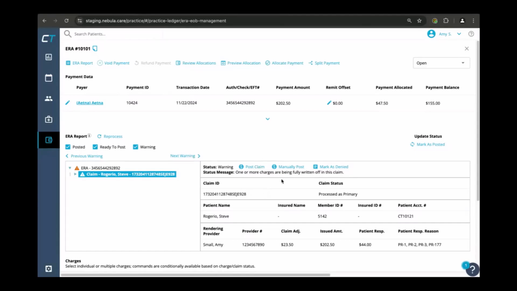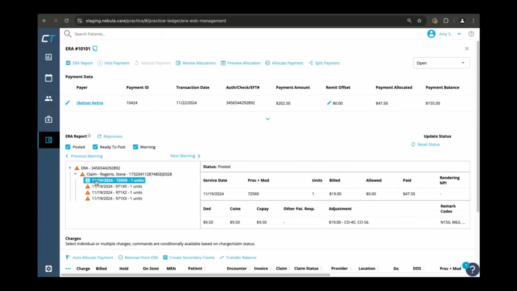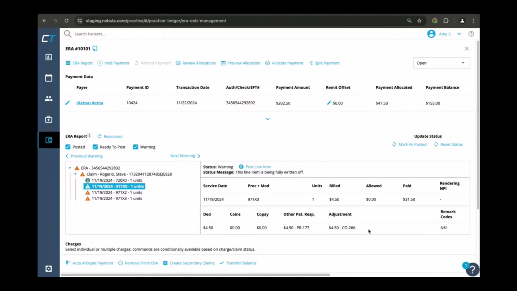So if I already know I want to post this, I can just post it. If I know that this is flagging as a denial, then I can mark it as denied. Let's say the payer didn't send a denial response and they just sent full write-offs. We can just mark it as denied. It'll flag the claim as such. We can also jump in and review these. So we see that these charges are the ones that are being written off. We have a billed amount of $450 and an adjustment of $450. So if we don't agree with this